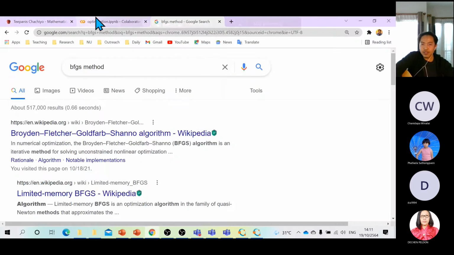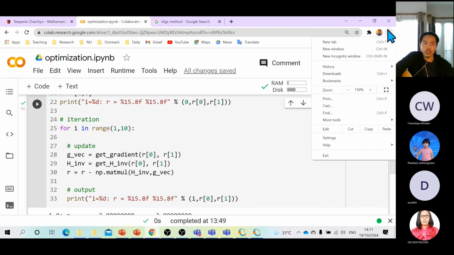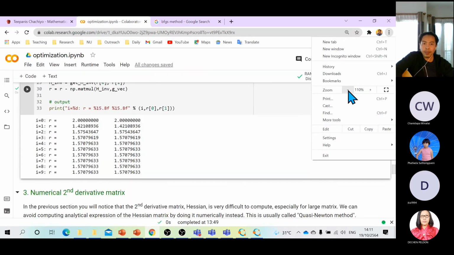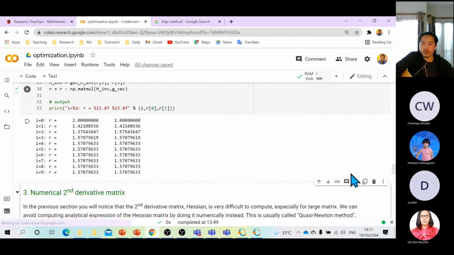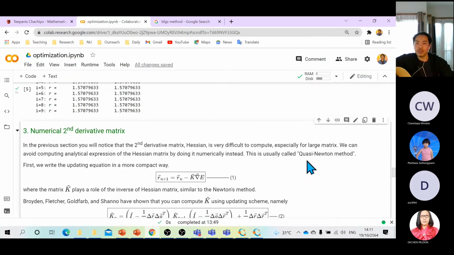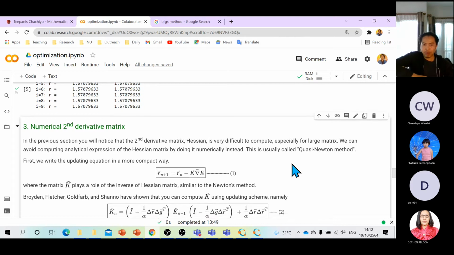Okay, a little bit here. Google Colaboratory. Let's zoom out to see this big values there. Very good. Now we have this climax of optimization, which is the quasi-Newton. Quasi in this case means not quite. It means similar but not the same. Okay, not the same as Newton. Some adapted version of the Newton method.